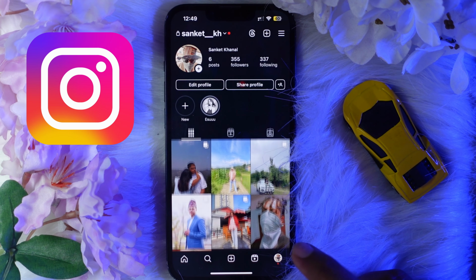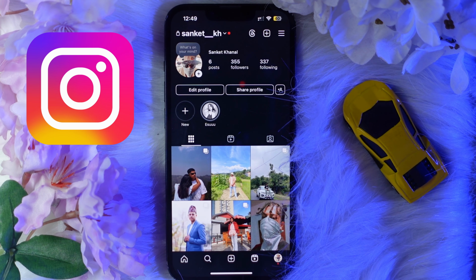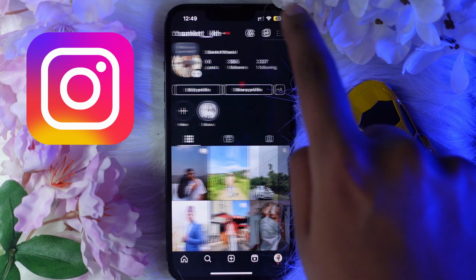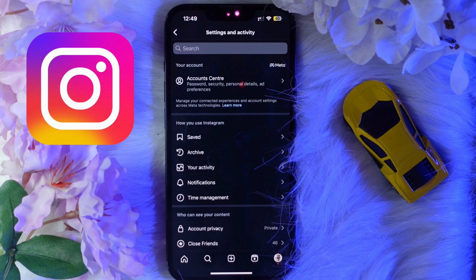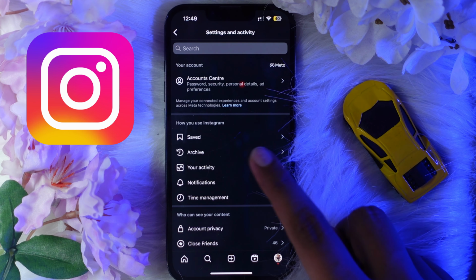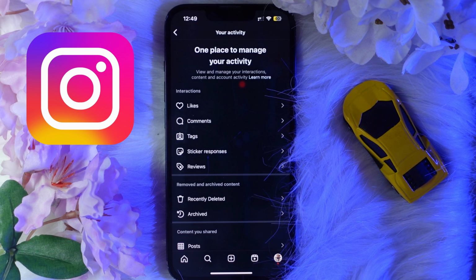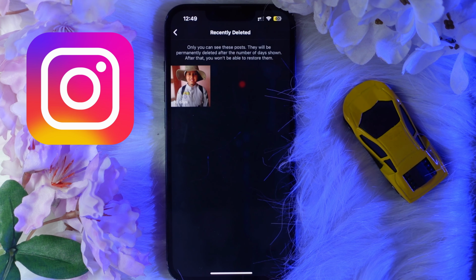So click on the option of your profile icon, which is at the very bottom right, and on this page you will see various options at the upper taskbar. Click on the option of three straight lines at the upper right side, and on this page you just need to click on the option of your activity. Under your activity you will see options like comments, tags, sticker responses, reviews and recently deleted. Click on the option of recently deleted, and here you will see the posts which you have recently deleted